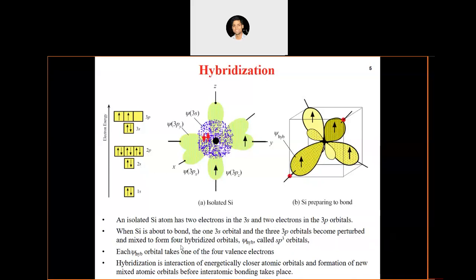That's why it is called sp3 hybridization. Each hybrid orbital takes one of the four valence electrons. Hybridization is the interaction of energetically close orbitals. This is important. This hybridization is happening only because there are energetically close atomic orbitals which can mix together and form the hybrid orbitals. Okay,